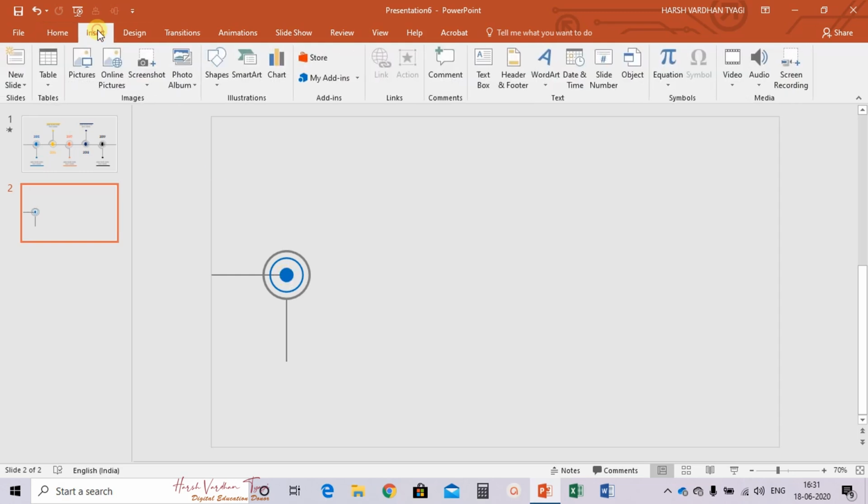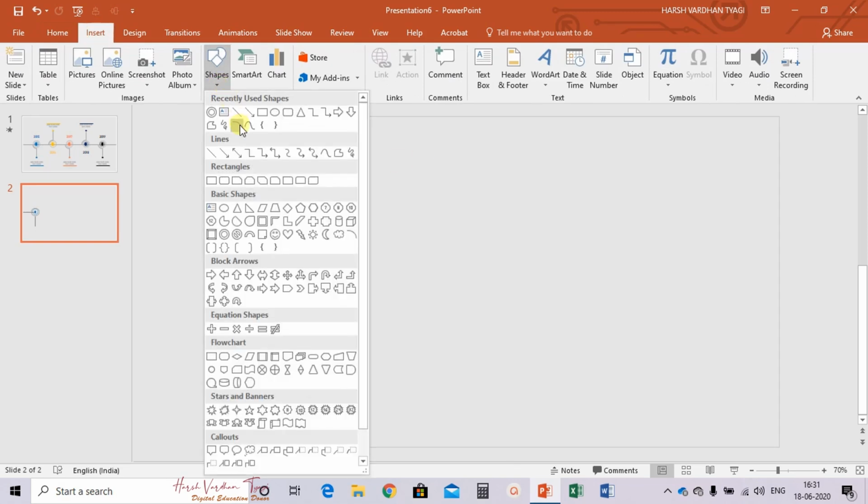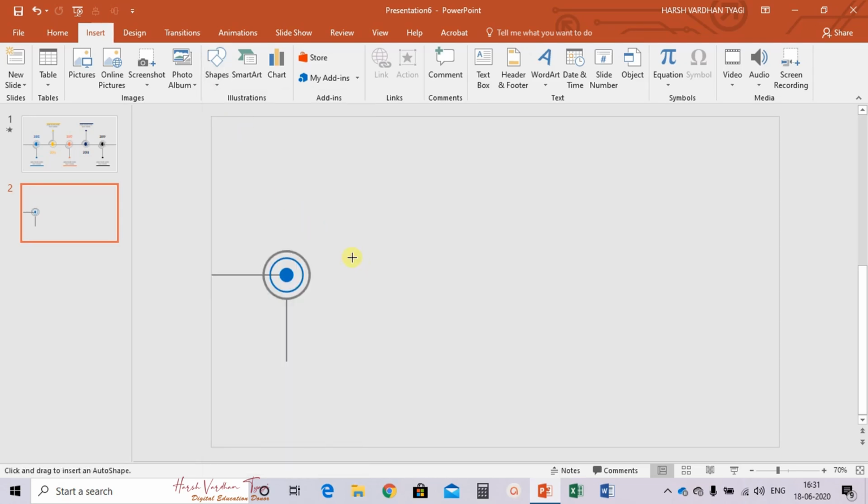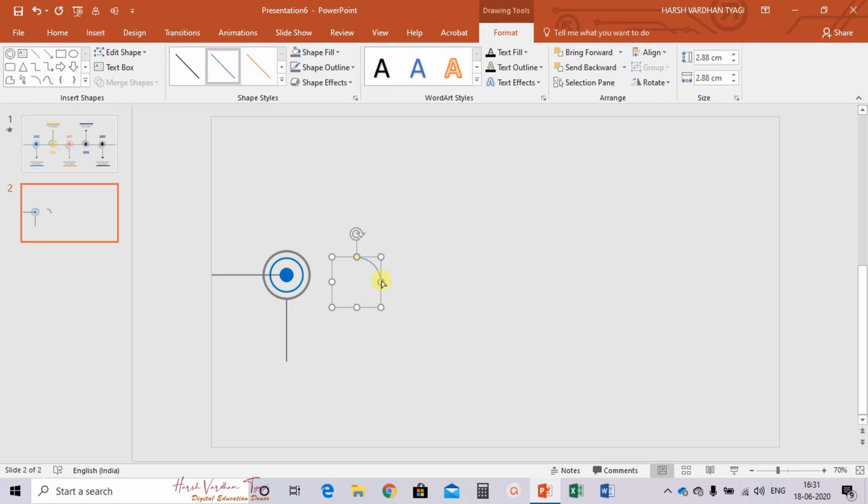Now go to insert, again select shapes and select the arc, then draw the arc here. Fine.